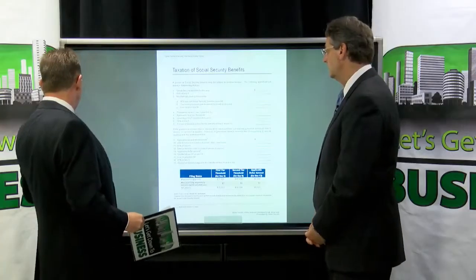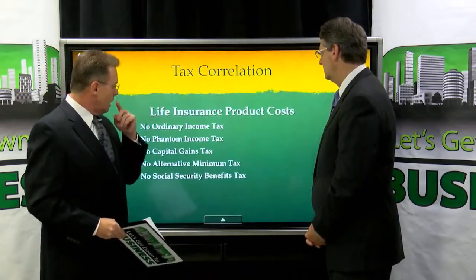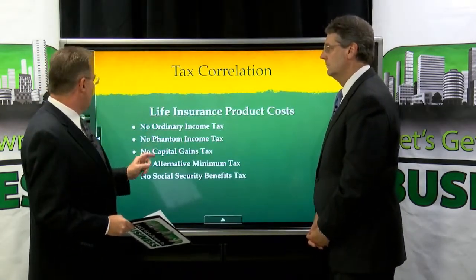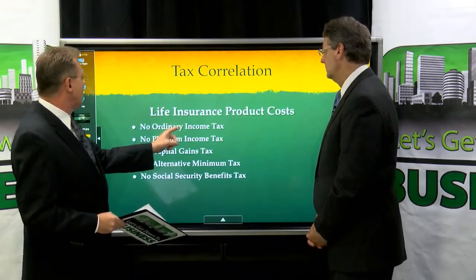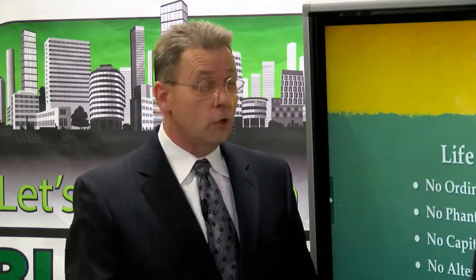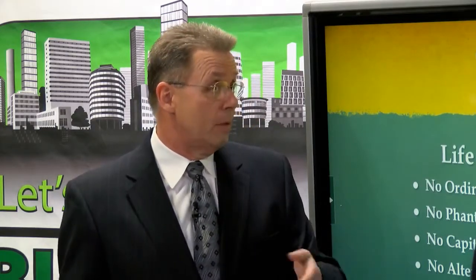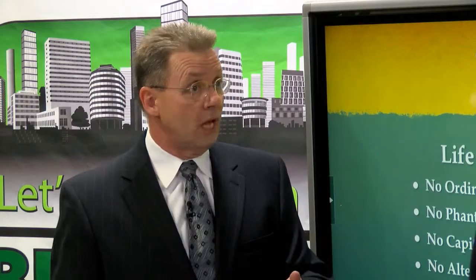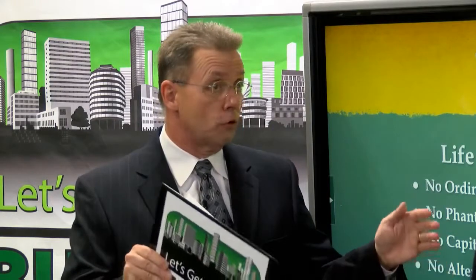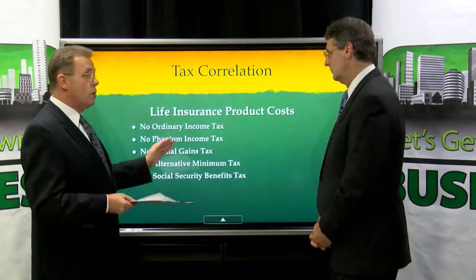We always talk about fee drag and other things, but we kind of forget about not only regular taxation, but also Social Security benefit taxation. Now, I want to go down our line of thinking here. Again, we're talking about a life insurance product, and I'm looking at the actual tax here. We say no ordinary income tax. So if we keep the policy in force for the life of the insured, there will be no ordinary income tax because it's a non-modified endowment from the design, and we've kept it in force for the life of the contract. We've been very studious about when we take out withdrawals to basis, complying with the force-out rule during the first 15 years of a contract. So we shouldn't have either ordinary income tax or phantom income tax. We don't have capital gain tax.